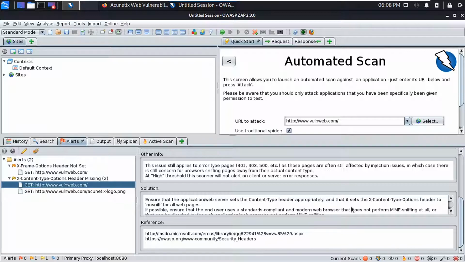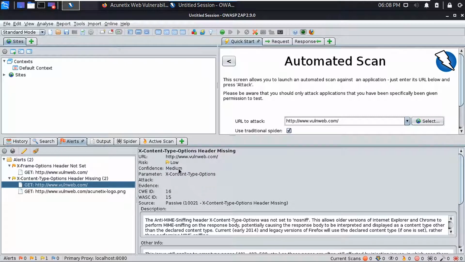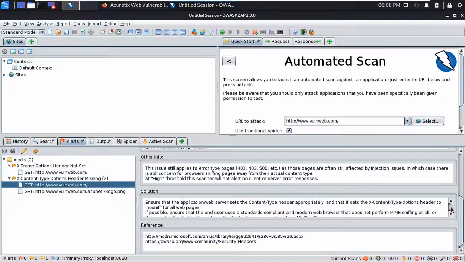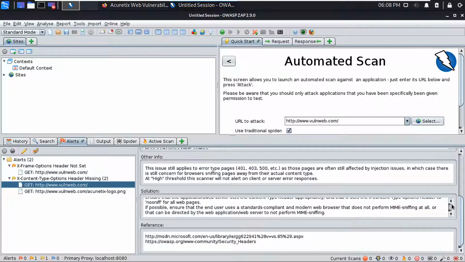And let us click on this, and here we'll see the information about the vulnerability, and the risk is medium, and the description you can read here, what type of vulnerability it is, and how to prevent it, how to make a patch for this vulnerability, the solution. And if you need more information about this vulnerability, you can click on any of these links and read about the vulnerability. So this is how you can automatically scan for the vulnerabilities inside of a website or a web app.